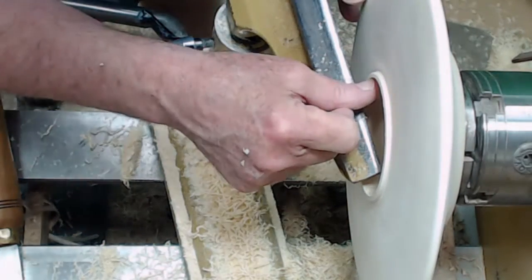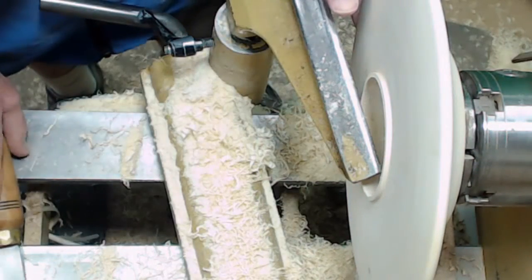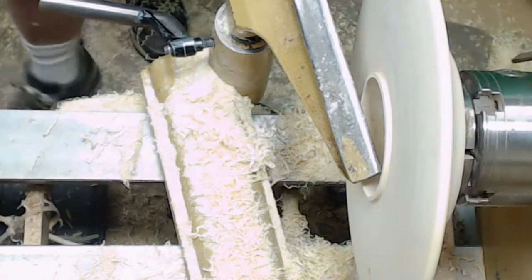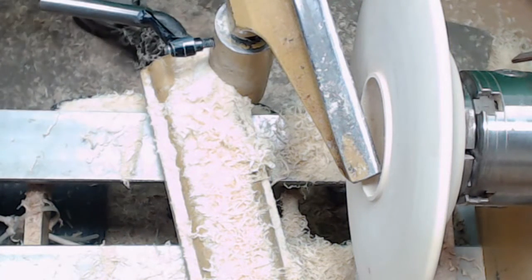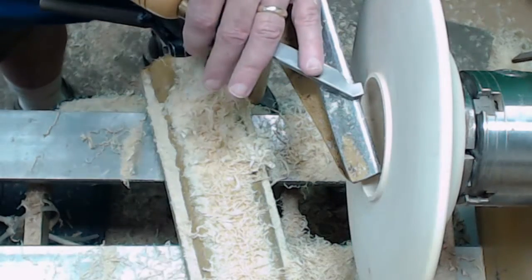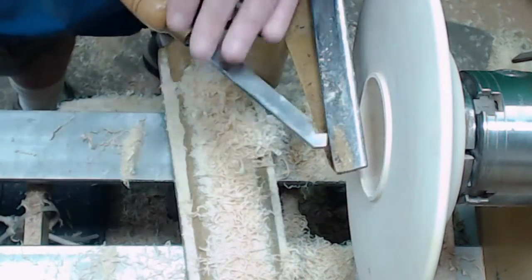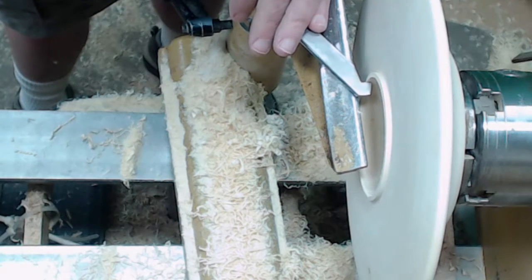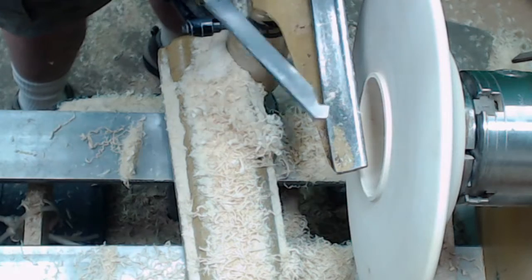I'm going to make a dovetail in here for the chuck jaws. And let me think about the best tool to do that with. Might be a skew, but I think it's going to be this recess tool, because it is a dovetail. And if I just come right in right there,